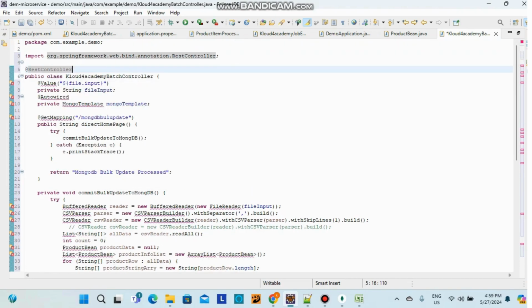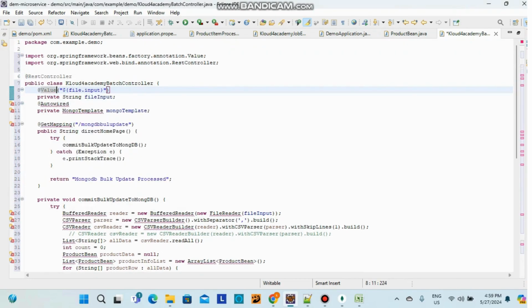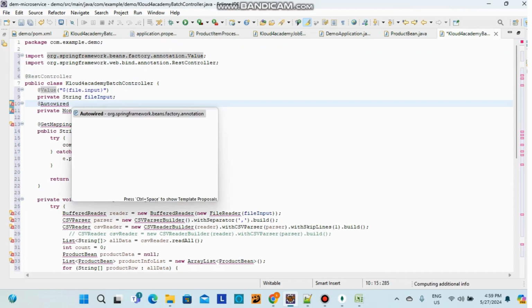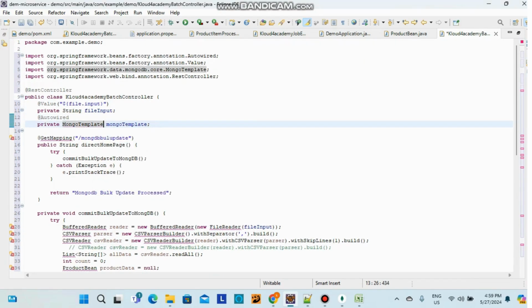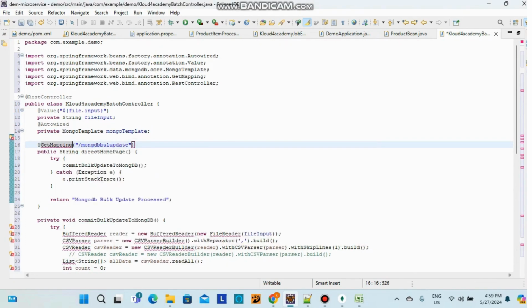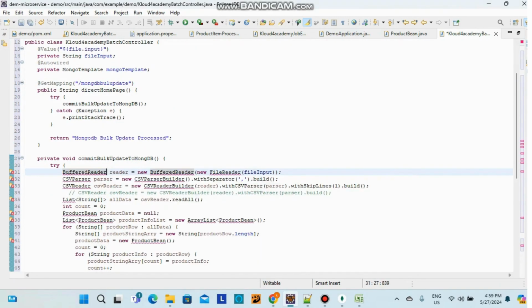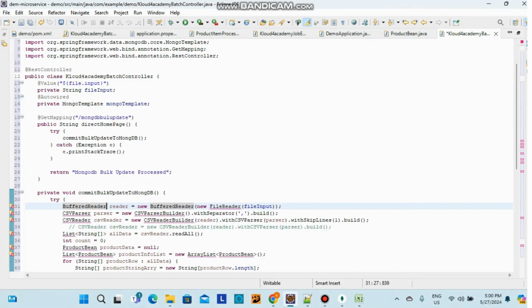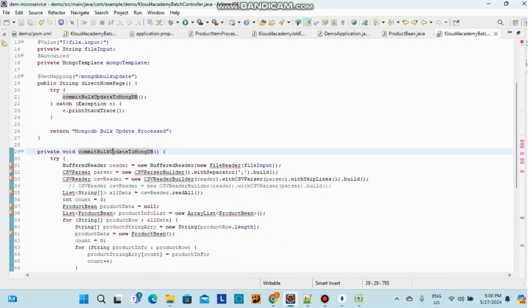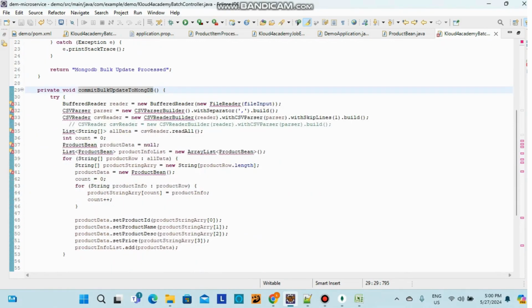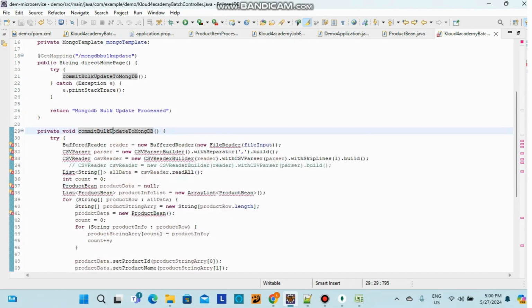I've given RestController, and the value tag is just reading from the property file, and autowired the MongoDB template, Mongo template, and GetMapping, and then all the classes. So this is a REST API. When I call this MongoDB bulk update, it will call this bulk operation, read the CSV file, and then put it into the MongoDB database as a bulk update, right? So that's our file reader,